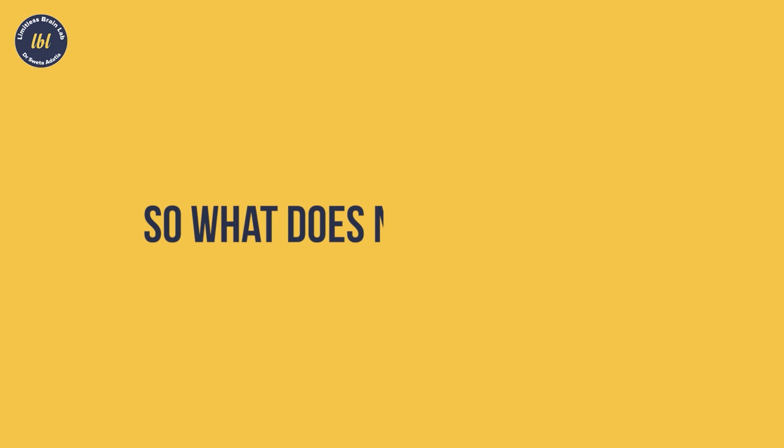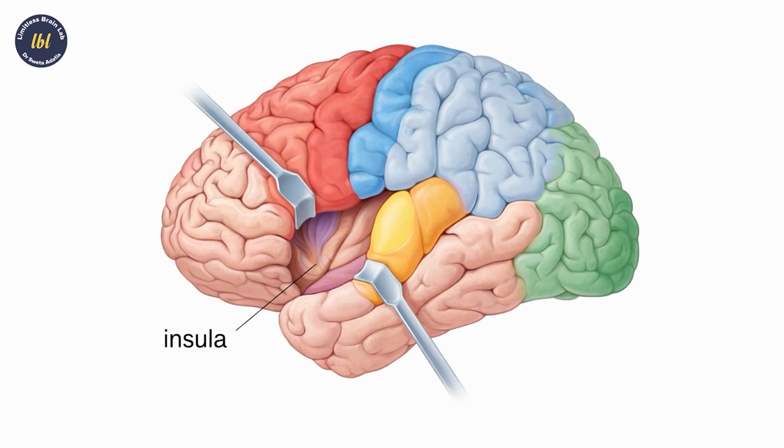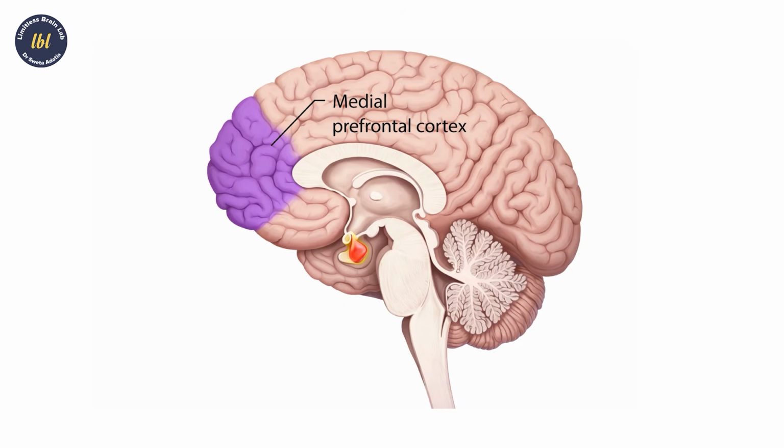So what does an NPD scan show? When we do functional MRI scans, what we see is a very crucial area of the brain on the left side called the insula, which is very important for empathy. I understand you, I feel you, I care for you. In fact, another area called the medial prefrontal cortex is instead getting activated, which is self-referential, which means I cannot think about you at all. All the time when I want to think also, I again get back to self-referential thinking. So you may consider this as selfish behavior. It is not a selfish behavior. It is indeed narcissistic behavior. There is always things about me.